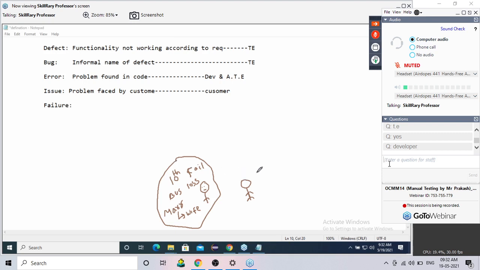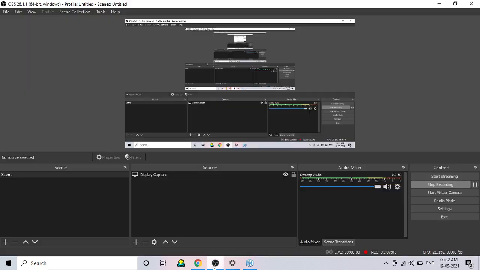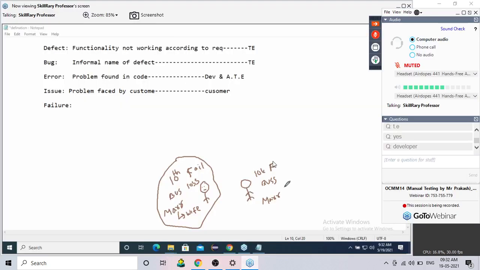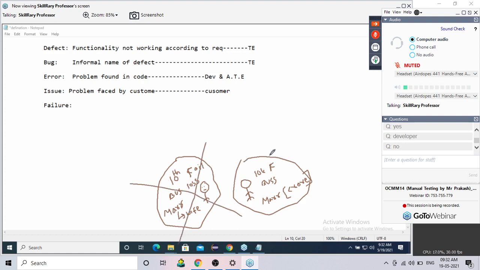Okay. Take the second person, guys. Same story I'm telling you: 10th he failed. Business also he did and was completely under loss. And after he got married, he got crores and crores of property. Crores and crores of property he got and is leading his life. Is he a failure? Correct? No. This fellow is a failure. This fellow is not a failure.